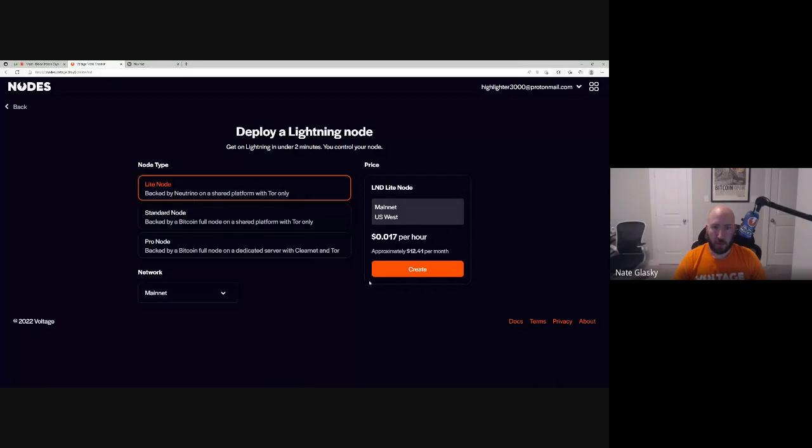So after you pick what you'd like, it'll show you the network, mainnet or testnet. Testnet uses testnet Bitcoin, which you can get on faucets. You can search for Bitcoin testnet faucets, then paste in a testnet address, and it sends testnet coins to it. And there's also a testnet Lightning network. The testnet Lightning network is not as robust as the actual Bitcoin Lightning network, though, so sometimes payments can fail more often.